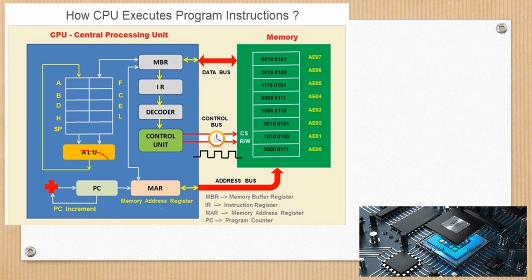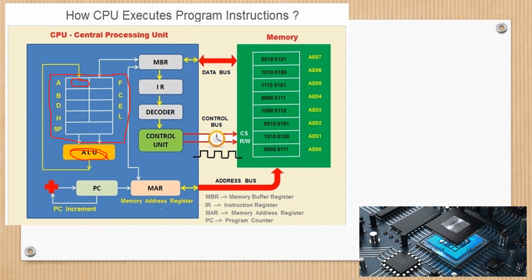This is the ALU, arithmetic and logic unit. The arithmetic and logic unit directly accesses these registers. These are called registers, and this is a kind of memory. There are different registers, like A, B, C, D, E, H, L, and stack pointer. A stands for accumulator. The accumulator basically holds the last output,